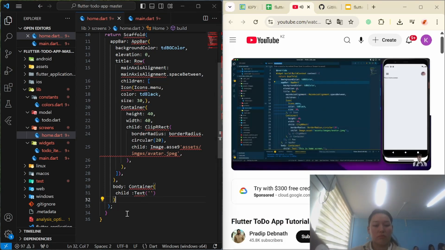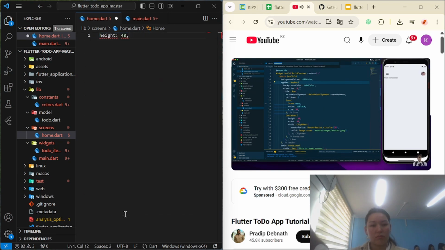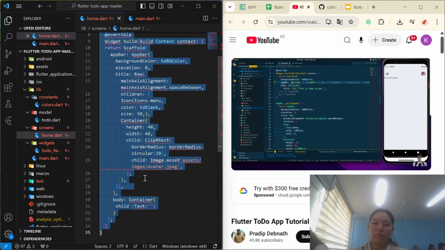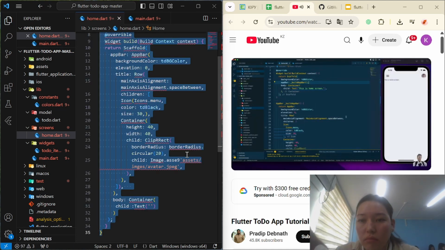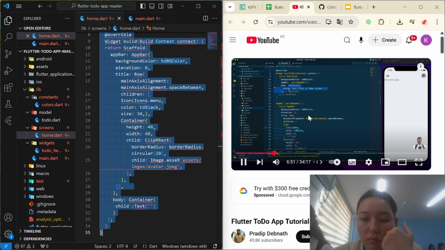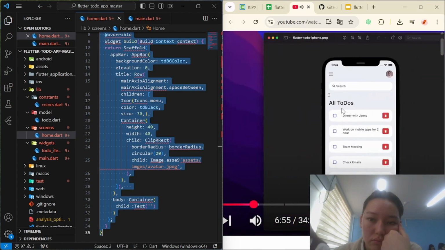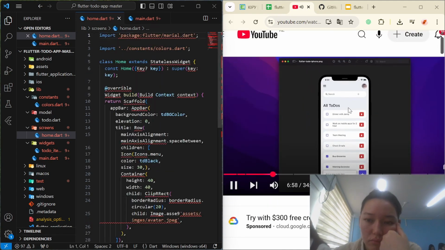And here I am going to separate this AppBar in a method called buildAppBar. Okay, now I have opened the app again in the iPhone simulator, and now we are going to start working on this body part of the app. And first we can see we need to create this search